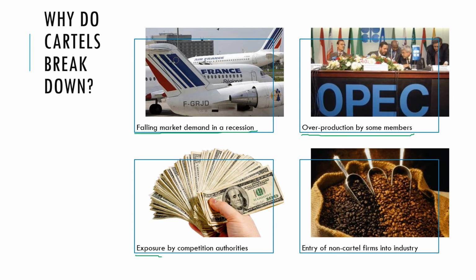In many countries, being found guilty of collusion, overt collusion or tacit collusion is illegal, and the competition authorities may implement some penalties. Sometimes it's not possible to stop firms entering the industry. So if a firm enters the industry, for example in the oil industry, the USA have started extracting oil from shale, some sort of pebbly beach sand type stuff, and this has actually increased supply in the market and is undoing some of the effects of OPEC.